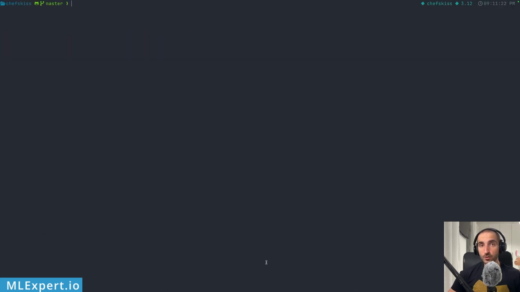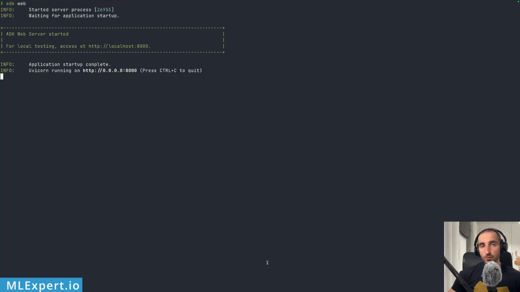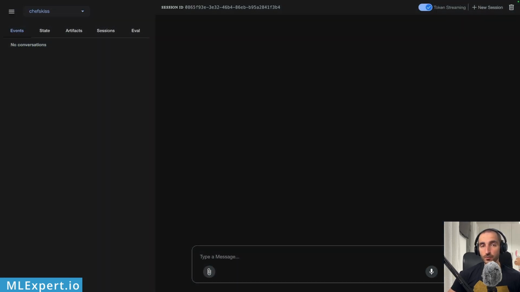To run the application, you need to go to the project root, activate the UV environment, and then just run ADK web. Of course, you also need to have Ollama running. In my case, I'm using the default model, which is Qwen 2.5, the 7 billion parameter model. After the application is running, you can go to the localhost 8000 URL and you see an interface similar to this one. Here you can specify the agent that you're working with, in our case Chef's Kiss, and I have turned on token streaming,